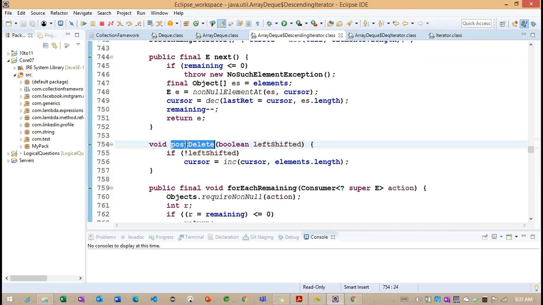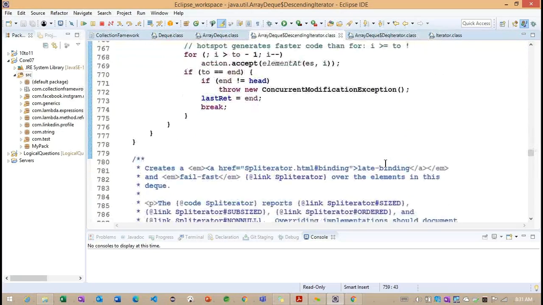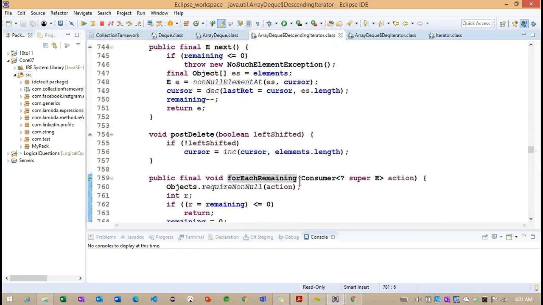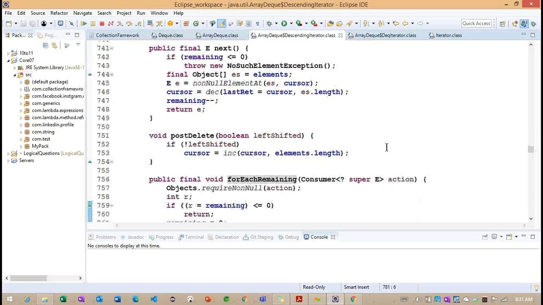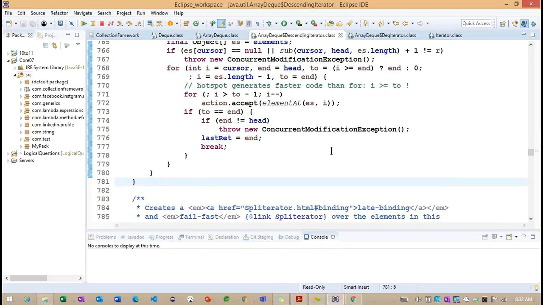They added one method called postDelete, and they implemented the forEachRemaining method. We need to focus on these methods here. This is where the class braces open the nested class, and here the nested class is closed.